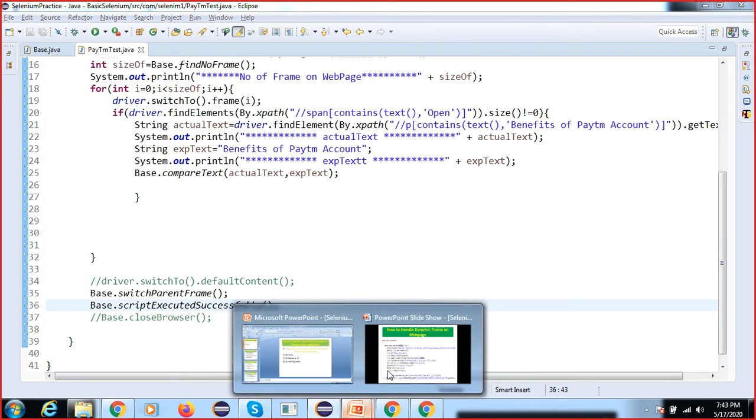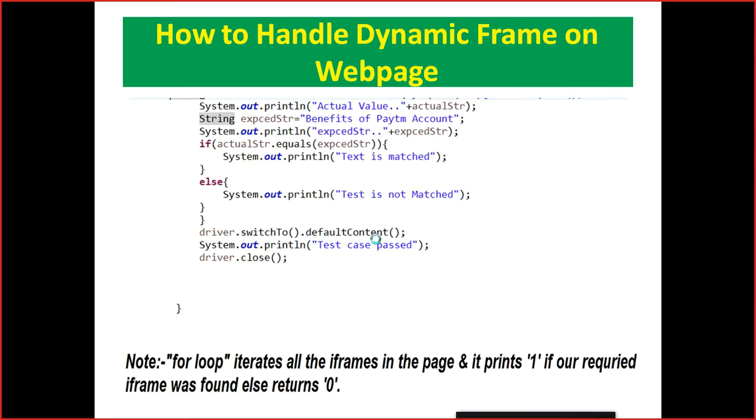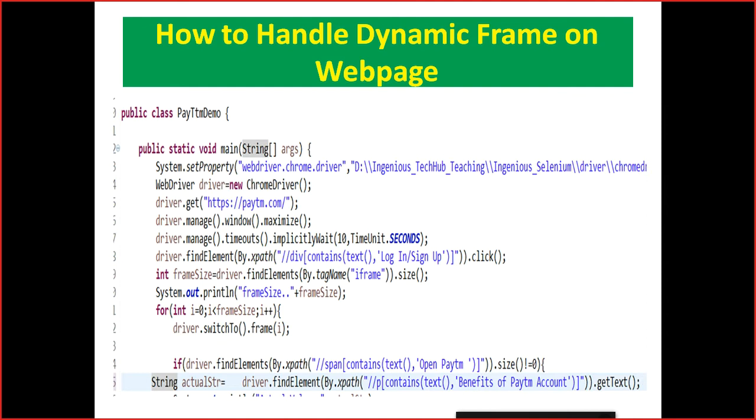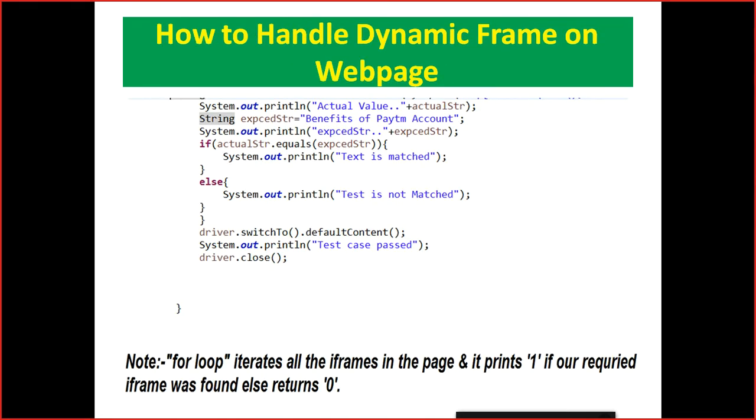This is one example for handling the dynamic frame. Some scenarios they will give you on this dynamic frame also. This is the code I will send you. I did not write this code on the base class, I have hard coded everything here, but I will send you that. Here in the notes I have written: for loop iterates over all the frames in the web page.